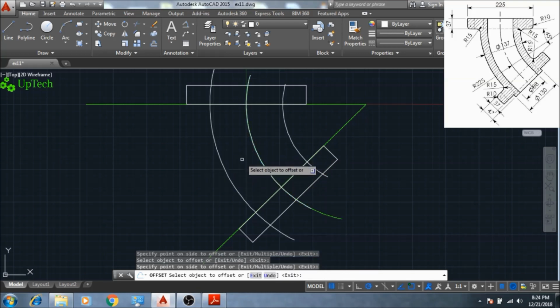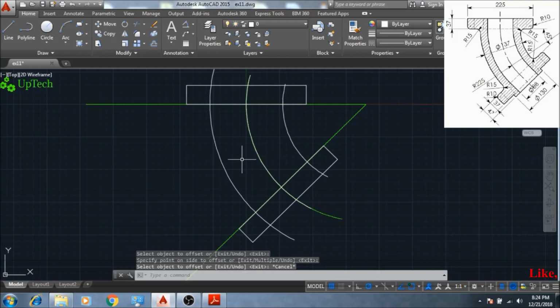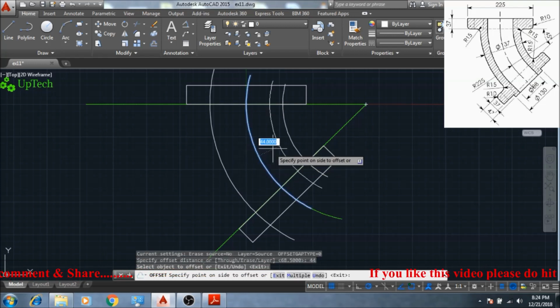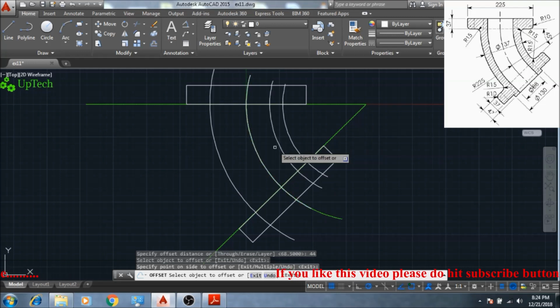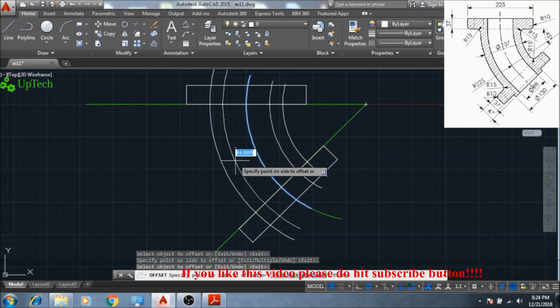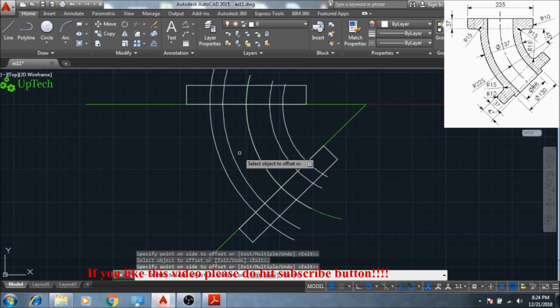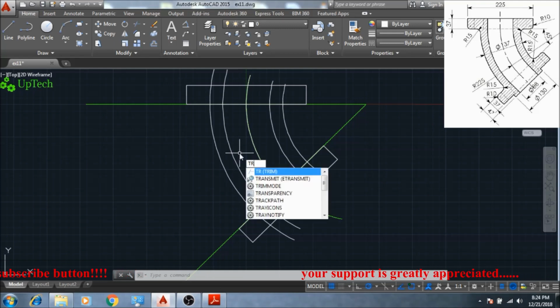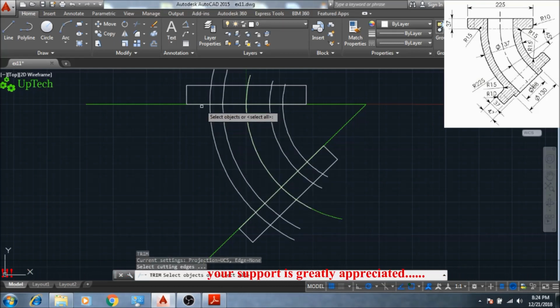Next, press escape button. Next, again repeat previous command, that is offset command, press space button from keyboard, specify offset distance 44, enter, selection of object. After selection of object, specify direction, selection of object, specify direction. Then press escape button. Next, take trim tool TR, enter, selection of object,